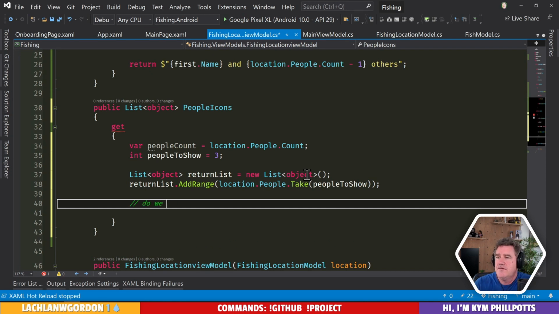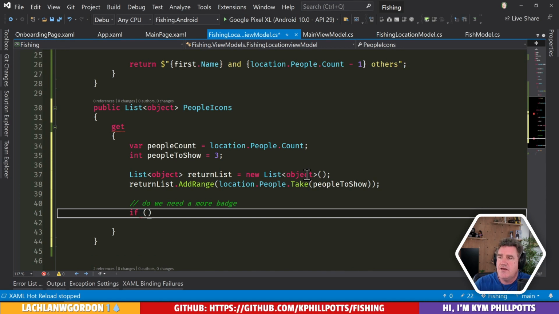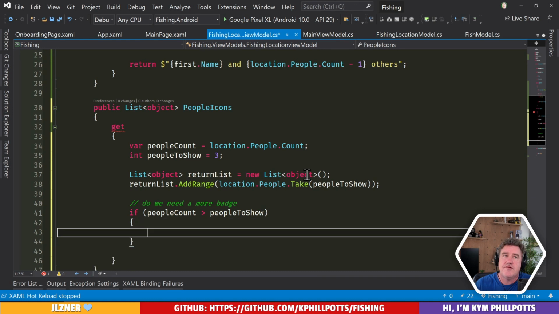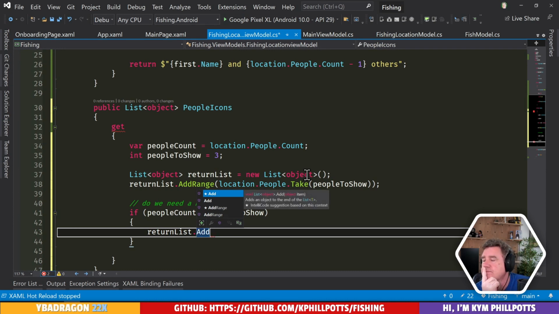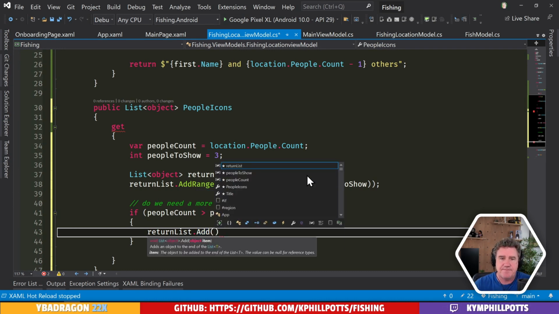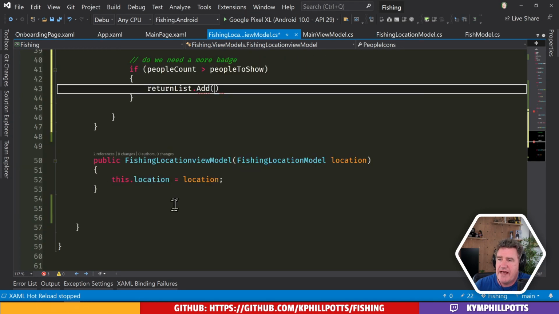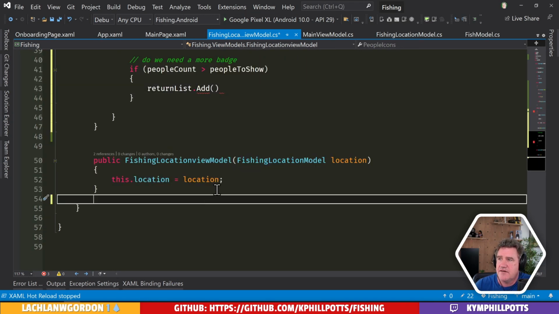Do we need more badge? If the people count is greater than the people to show, then we're going to add another item in here. And we want to add something with a counter. Doesn't matter what it is, right? In fact,